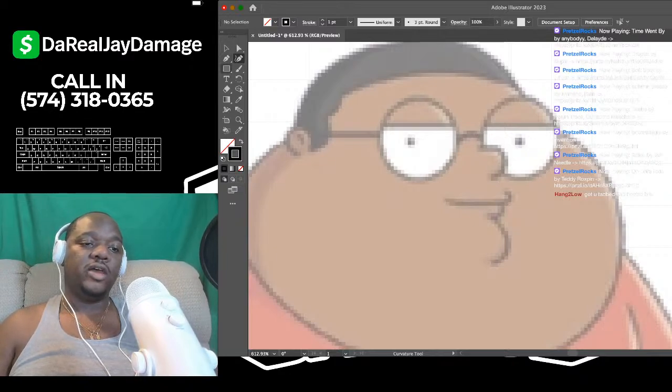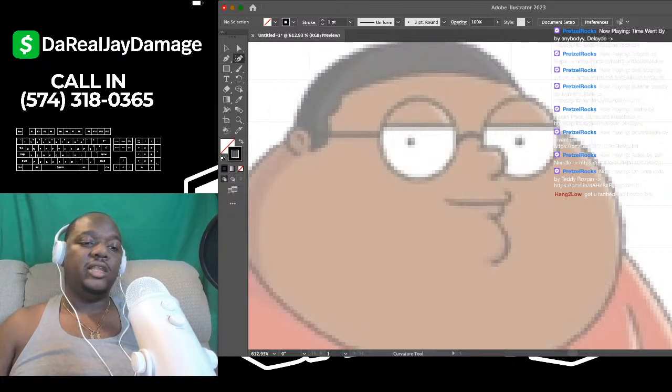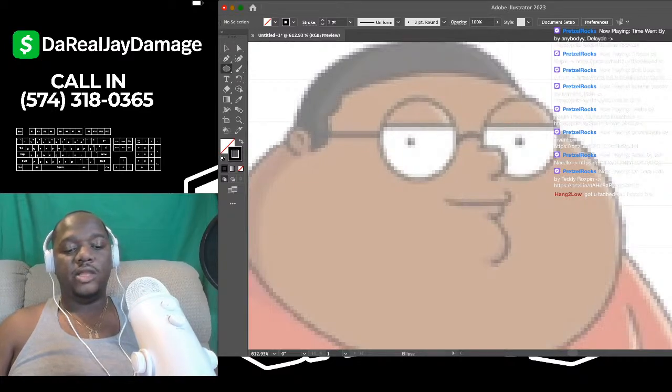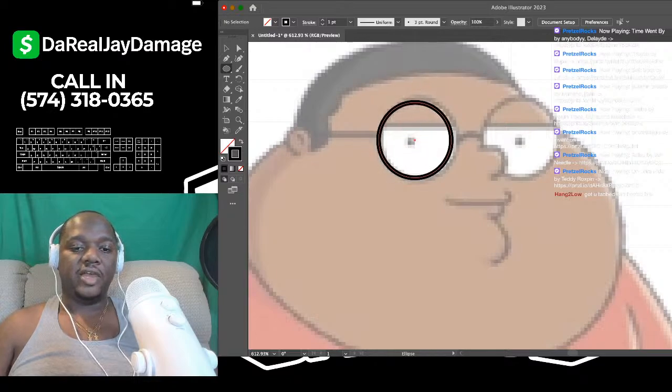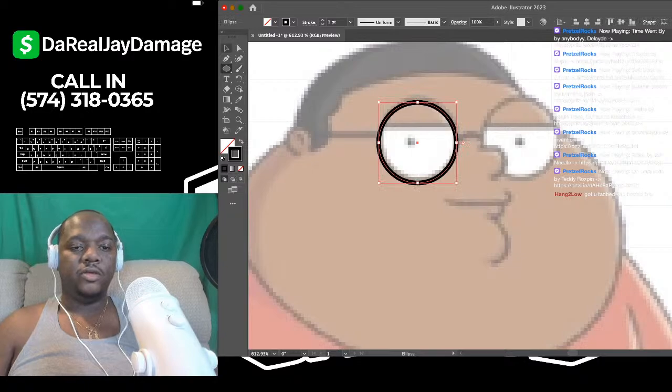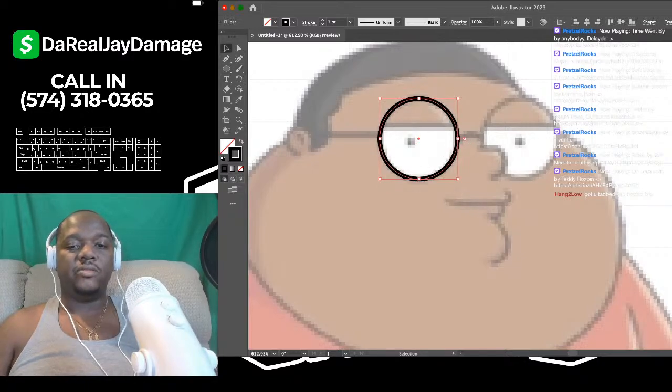What I want you to do is, right under the pen tool is the shape tool. Right click the shape tool and then choose ellipse. Ellipse is the circle. Now what I want you to do is go up to wherever the circle is, hold the shift button, and then drag a circle in there. Just like that. Just drag it down. Boom. And go ahead and move that circle wherever you want to move it to get it perfect.